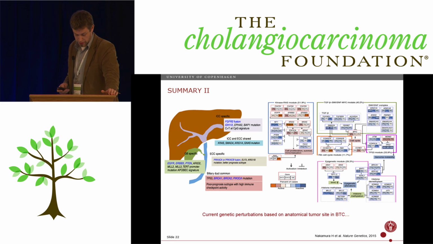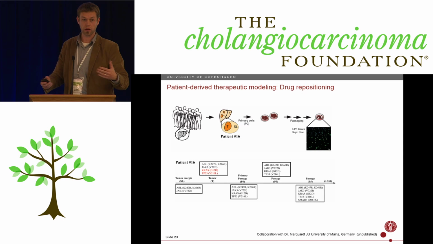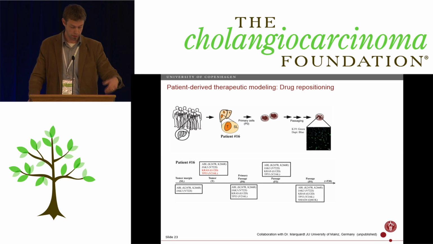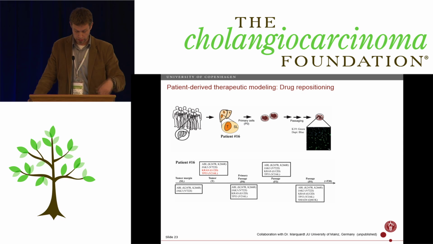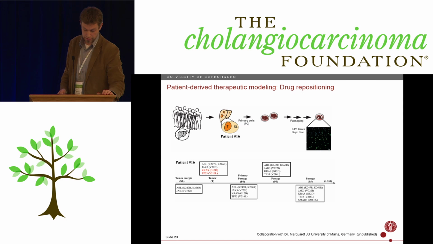So this is the current genetic perturbations based on the anatomical tumor site in biliary tract cancers. So that's a lot of different models from the other people that have talked before me, and different translational genomics ways of treating in the mice and so forth. But a lot of these models we really lack the ability to bring back to the patients and model whether the tumors seen in the mice are really reflective of any of the patient groups. So a way to really just brush that aside completely is to use